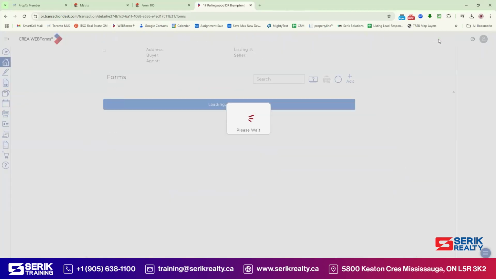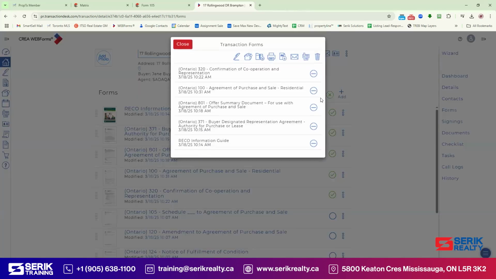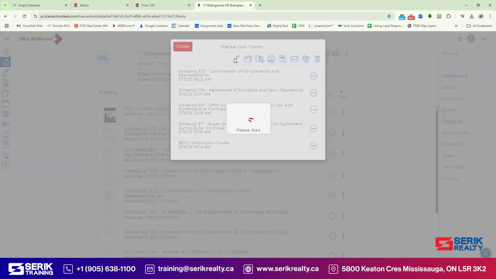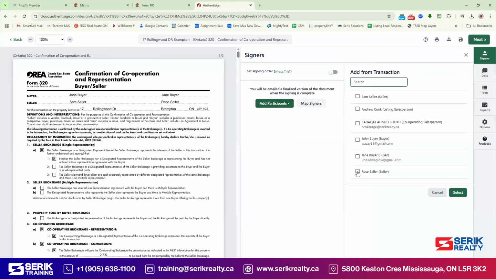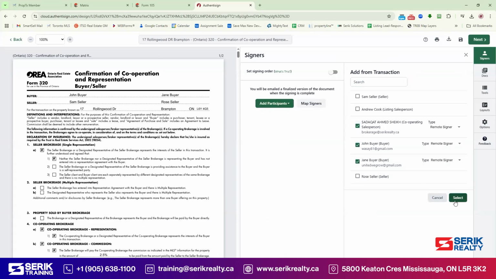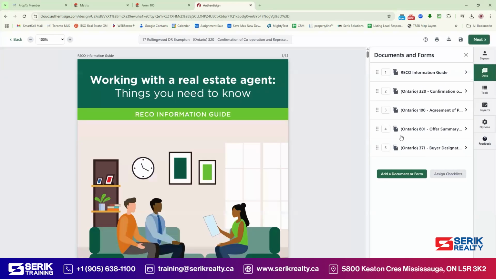But because we realized that afterwards, and it has happened to me many times, in a rush you end up overlooking that, so the signing that I started, now I'll have to redo it. Because it's not too much work, I'll redo it, and then we can complete it correctly. So again, we'll go and add the transaction buyers from the transaction. Those buyers and myself, if you ever want to fix